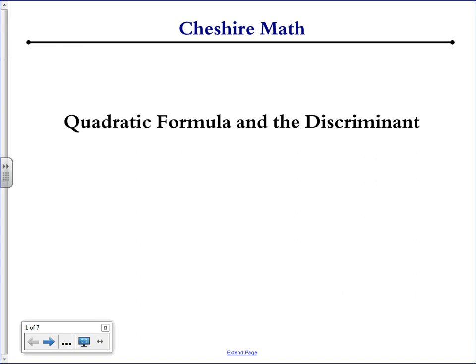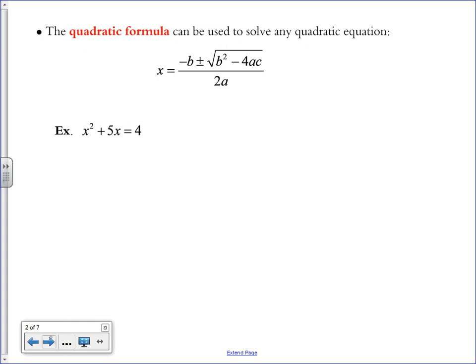This video is about the quadratic formula and the discriminant. The quadratic formula can be used to solve any quadratic equation, and here is the formula. x equals negative b plus or minus the square root of b squared minus 4ac, and then that whole